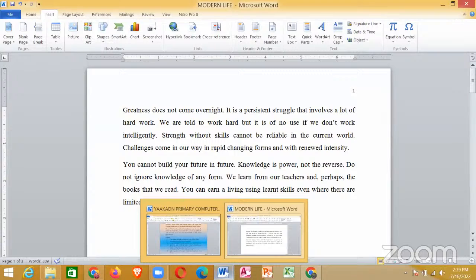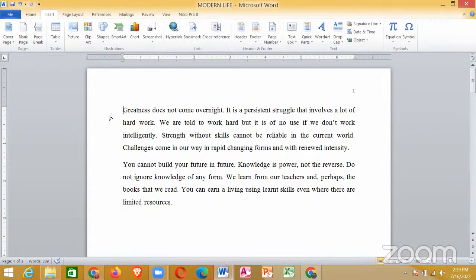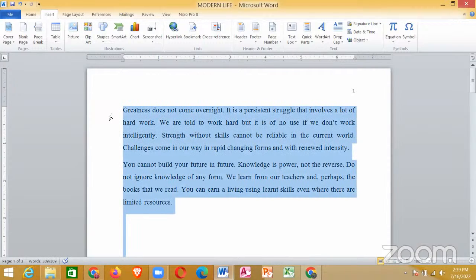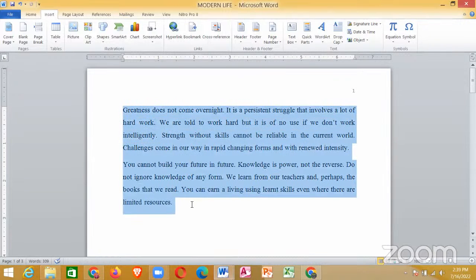The instruction has told us to highlight. Whenever you want to do any change on any content you have to first highlight that content. So before we change anything, we are going to highlight the content we want to change. They told us page 1 only. So you highlight the passage on page 1. We want to change the font